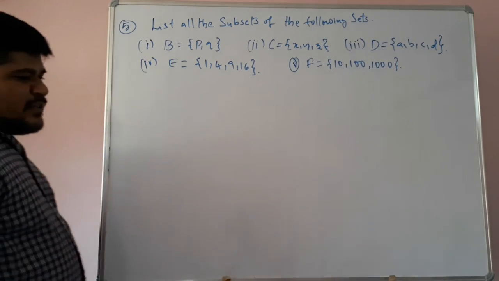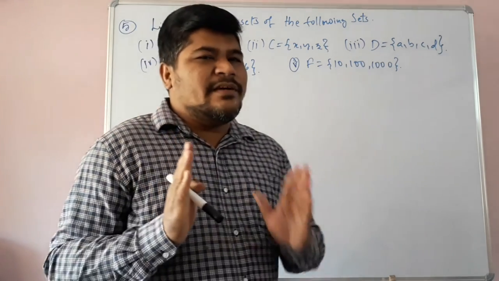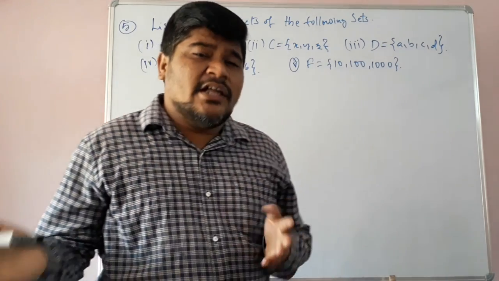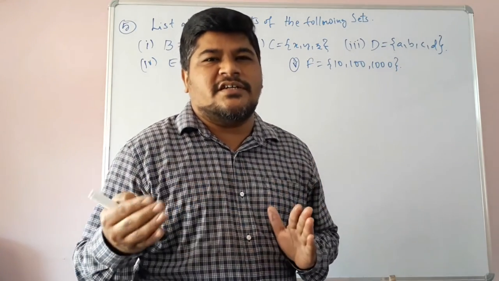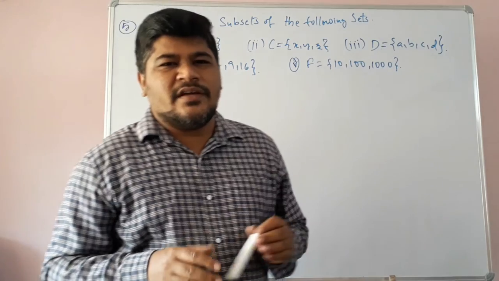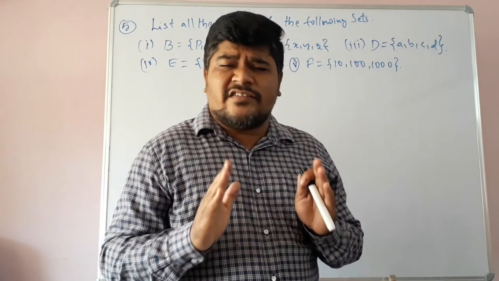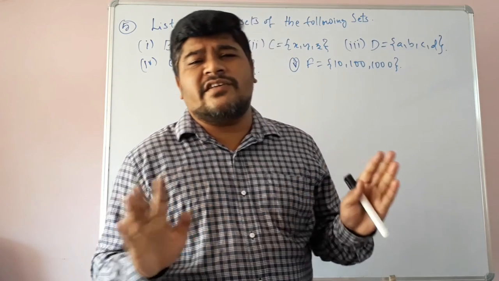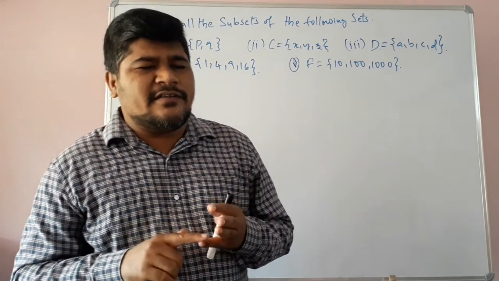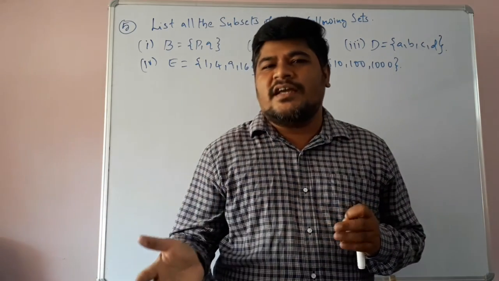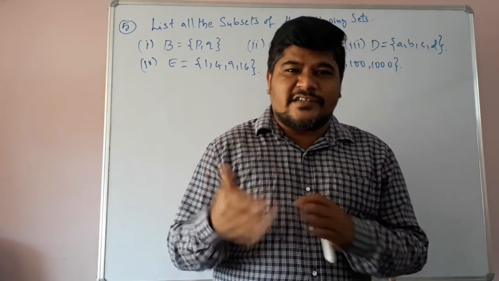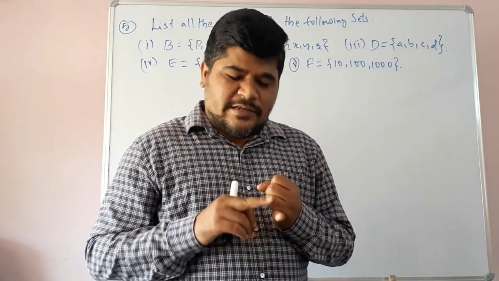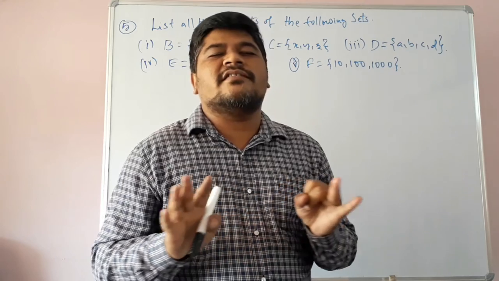So children, what is a subset? We discussed already. If all the elements of the first set are also there in the second set, then the first set is a subset of the second set. And children, here the condition is that every set is a subset of itself, and the empty set is a subset of each and every set, all the given sets, and the given set itself is also a subset of the given set, children. So find the empty set and the set itself, which are always subsets.